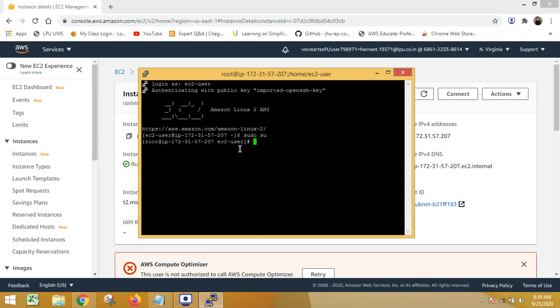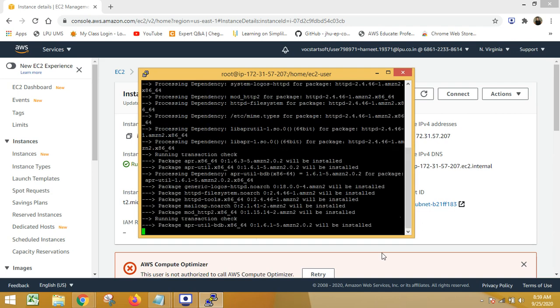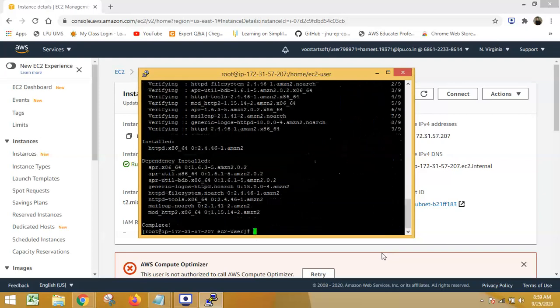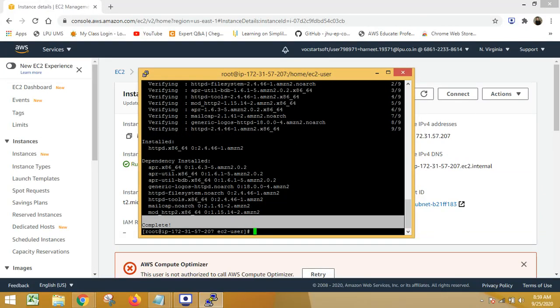The next step in this category is to install the Apache server. So in order to install the Apache server, I have to use the command yum install httpd. This is the name of the command. I will be pressing enter and it will start the installation process. In between, it will ask me whether this size is okay. Then I will say yes. And my installation part is complete. See, this is complete status here. So it means my installation is done now.